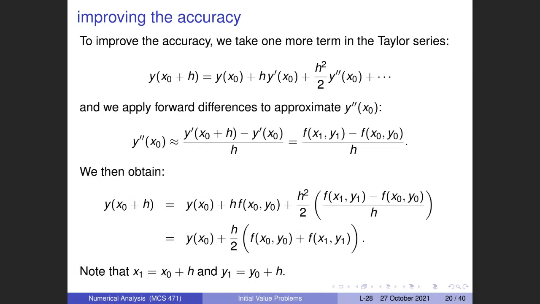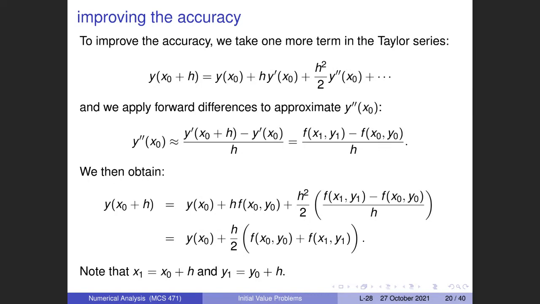Let us see how we can improve the accuracy. We derive a better method by taking one more term in the Taylor series, and by using some bootstrapping. We now take the second derivative, and we know that the second derivative is the derivative of the derivative. So the bootstrapping that we apply is